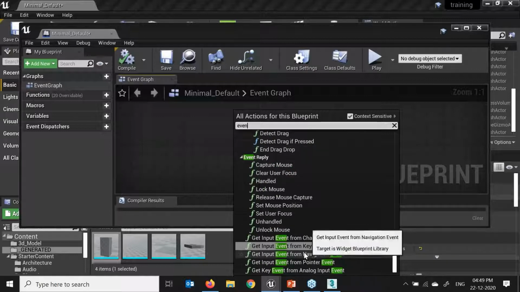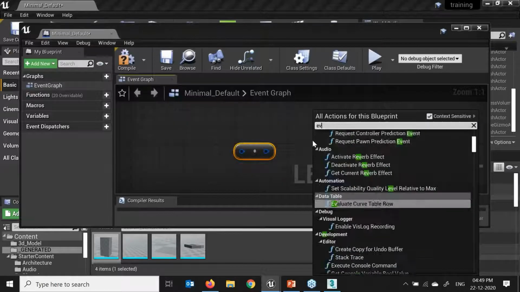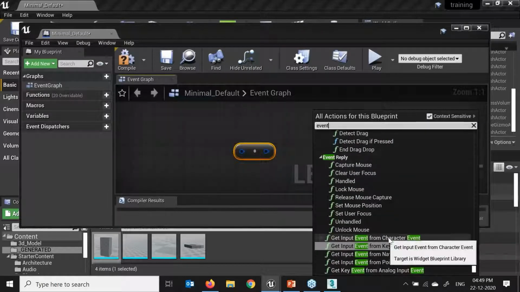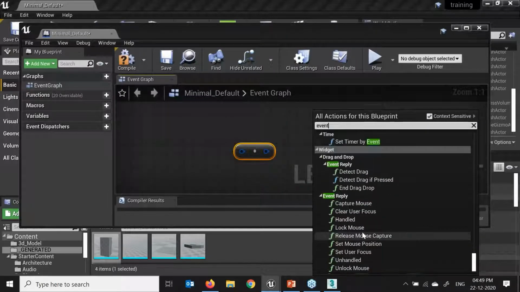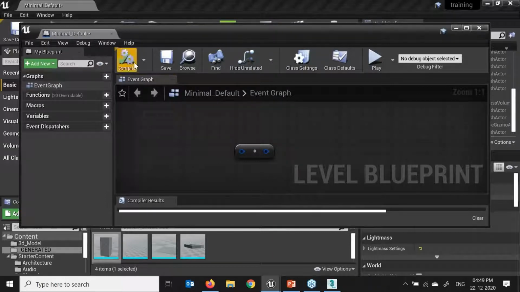Normally the event graph gets input from the event graph. If you see over here, we already have lots of different presets. Very soon we'll take sessions on the event graph. Right here we have to save in the event graph. Whatever you do, we have to click here. Now you can see the check mark has come over here. That means it's saved.